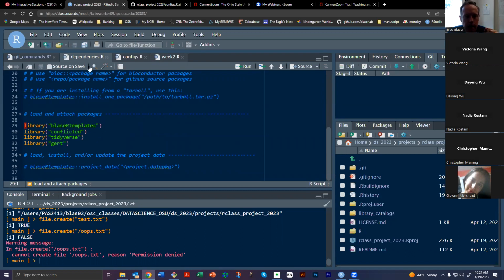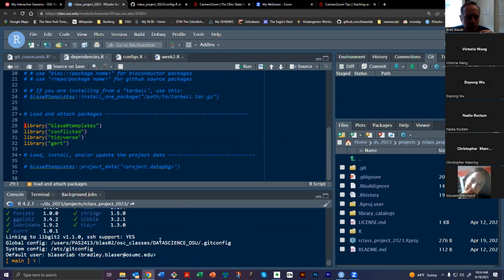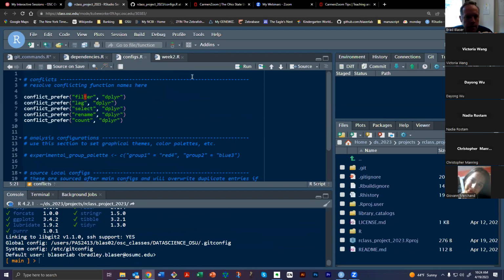All right. So when you sit down to work, usually what I'll do is click source to source this dependencies.r file. Okay. And everything here ran. We've now attached all these very basic functions to our session. Okay. Next, we have this configs file. Configs are usually, in my view,